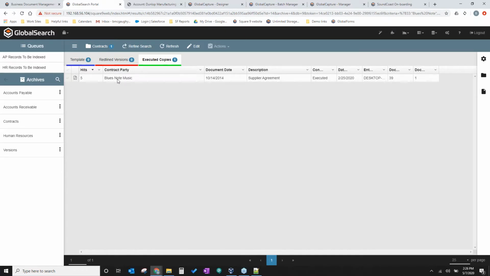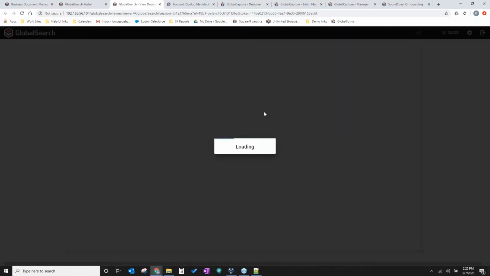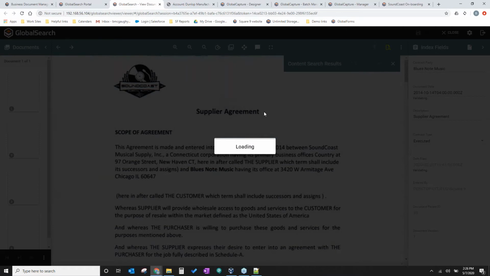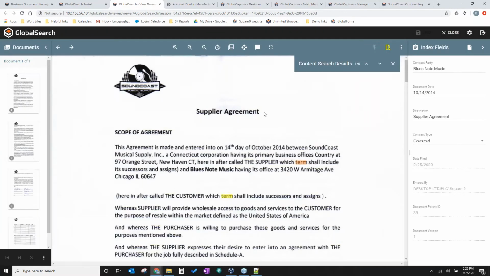So what I've done is I've run a content search. Think of this as like when you're doing a Control F within a PDF, where you're trying to find particular keywords in a document. What we have is the ability to look across the whole archive and search every single document that is full text searchable, and pull out those keywords and focus on just those words within that search.